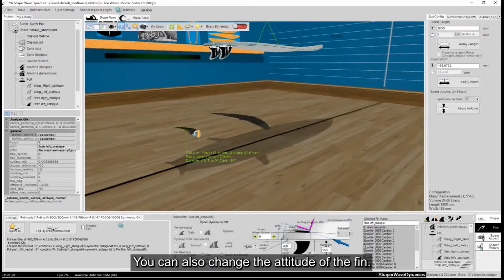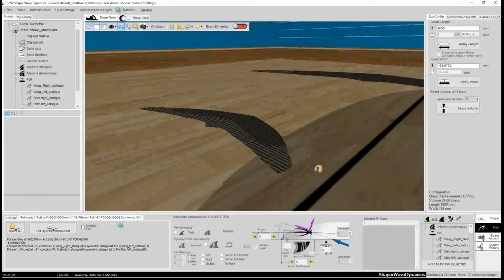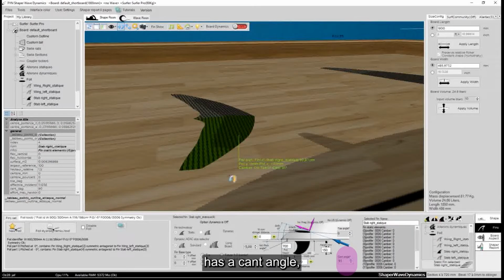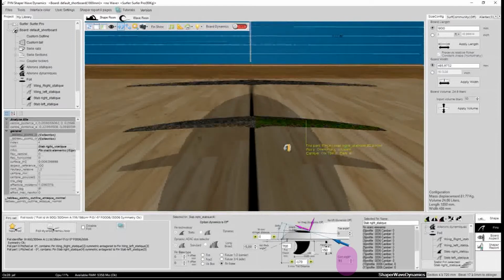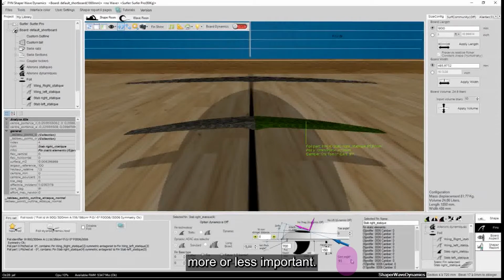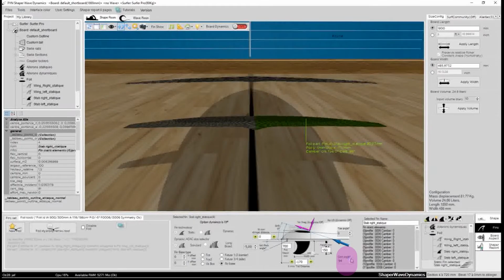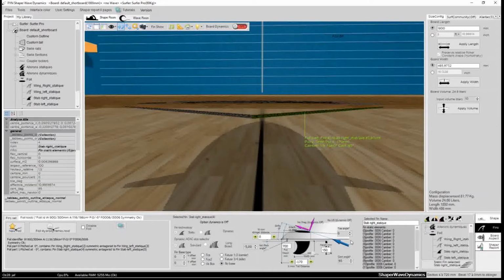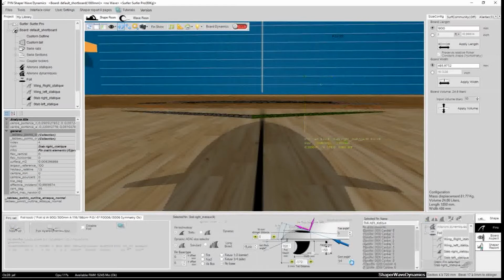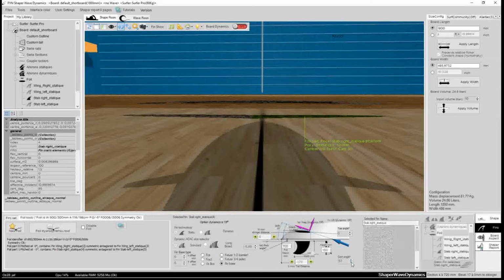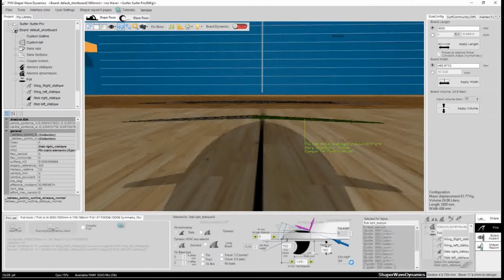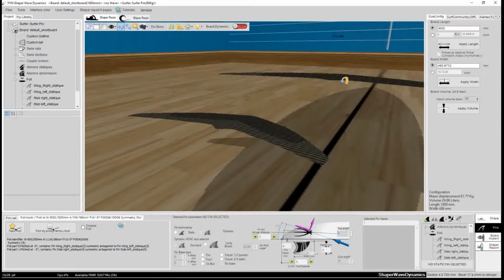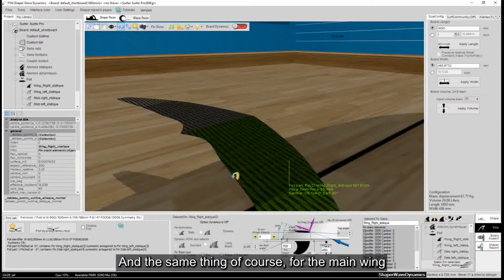You can also change the attitude of the aileron. So we can say that the stabilizer has a cant angle, more or less important. Well, we'll leave it at 90 degrees. And the same thing of course, for the main wing.